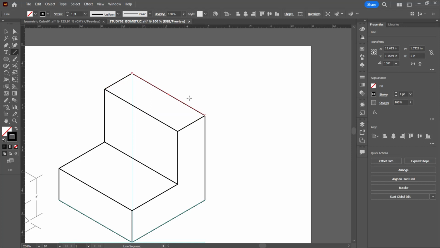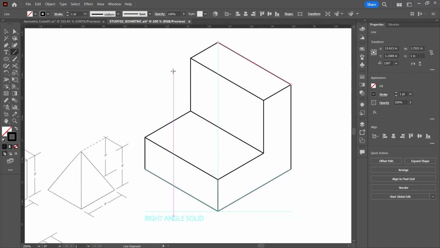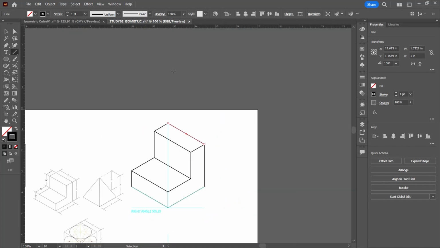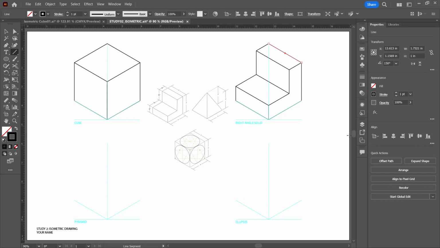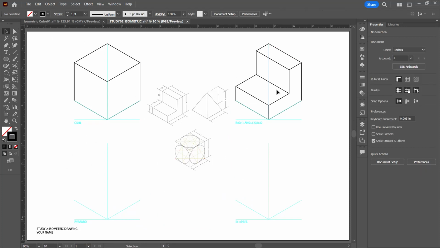All right. Now, if we wanted to create our hidden lines, we could do that, but we don't really necessarily need to in this case. So there's that. We could clean up those corners to get it looking a little better, but that's our right angle solid. So with this pentagonal pyramid, basically in this case, this pyramid is based on the center point being